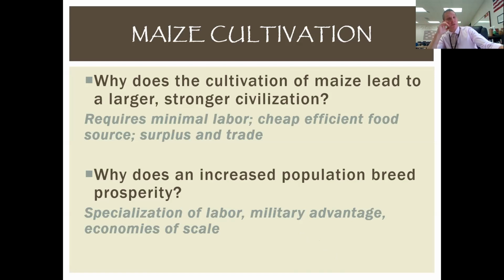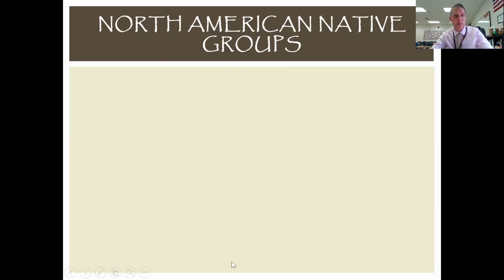Maybe you came up with something different there, but it's just really interesting. You look at these vast empires and you think, why? And a lot of it boils down to this very sustainable agricultural crop that they have that allows for this kind of growth and prosperity, and really can only be toppled by European disease and all the other things that we know are going to come in later. So it's a very fascinating phenomenon, and really sets these groups a little bit apart from some of the other ones that we're about to look at on this click.